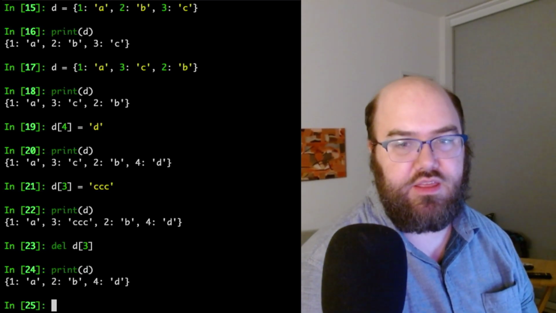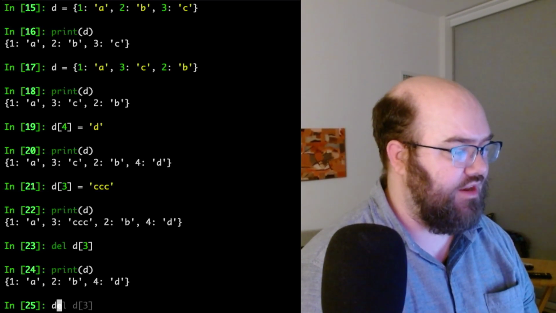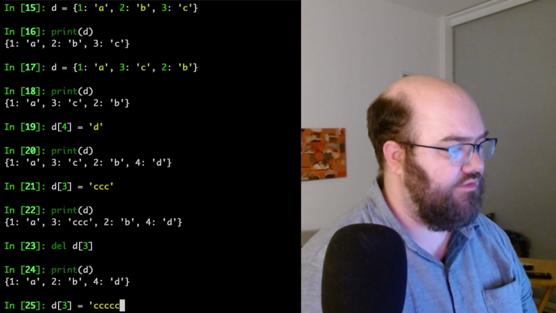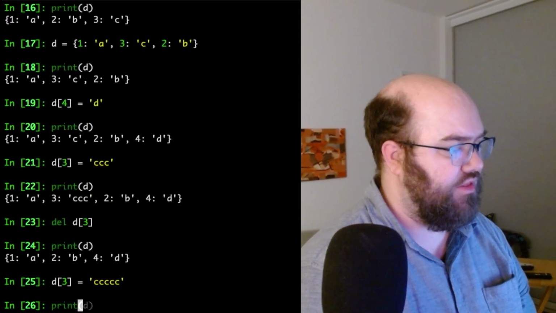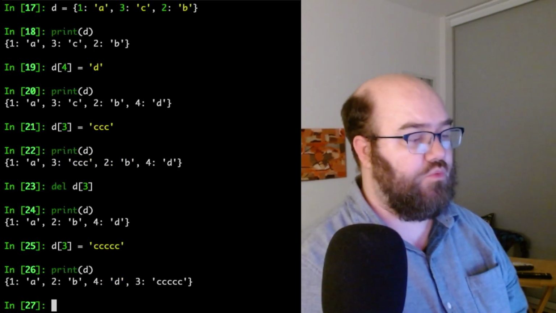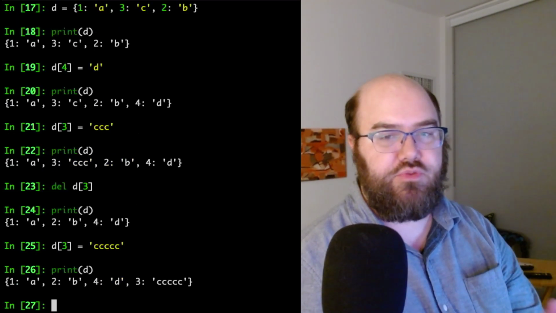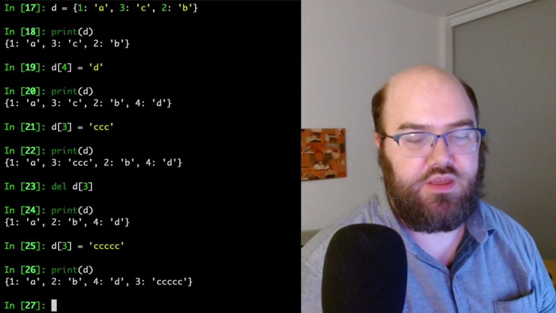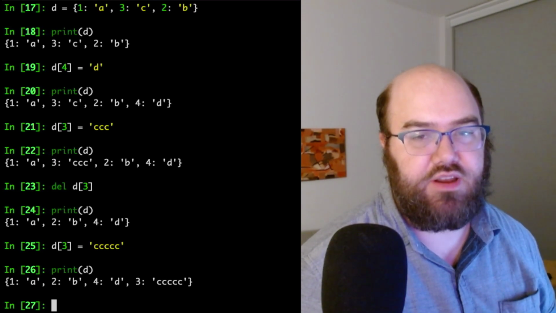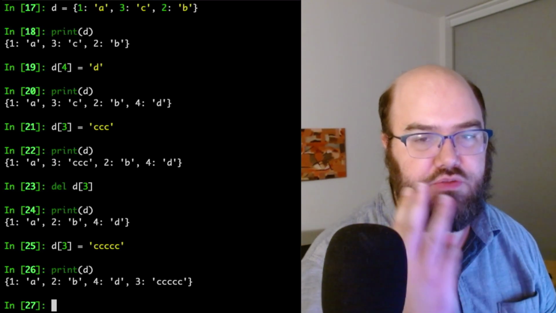What if we put key 3 back in? D at 3 equals 1, 2, 3, 4, 5. And let's print the dictionary now. Oh, 1, 2, 4, 3. So this time the key 3 ended up at the end because the dictionary forgot where to put key 3